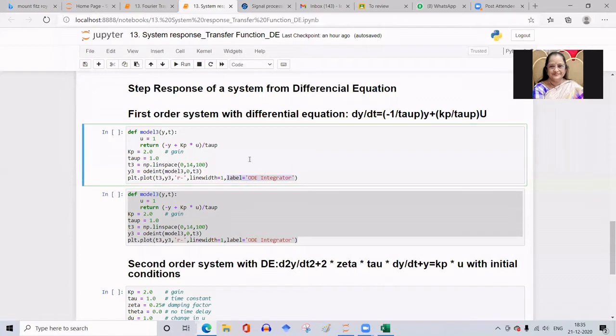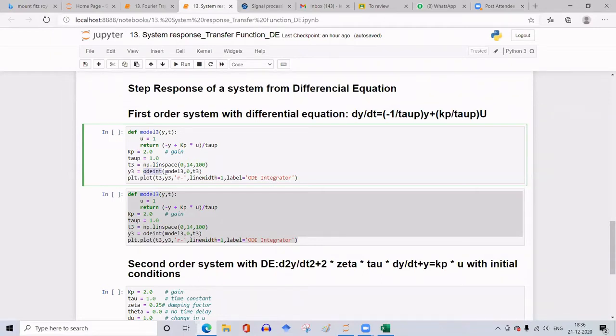So if I define the model in this way, where I'm giving a step input and giving the initial values for this Kp and tau p, defining a new time scale and calling this ODEINT function from SciPy, which will evaluate this model 3 with 0 initial conditions and independent variable t3, then plot that.